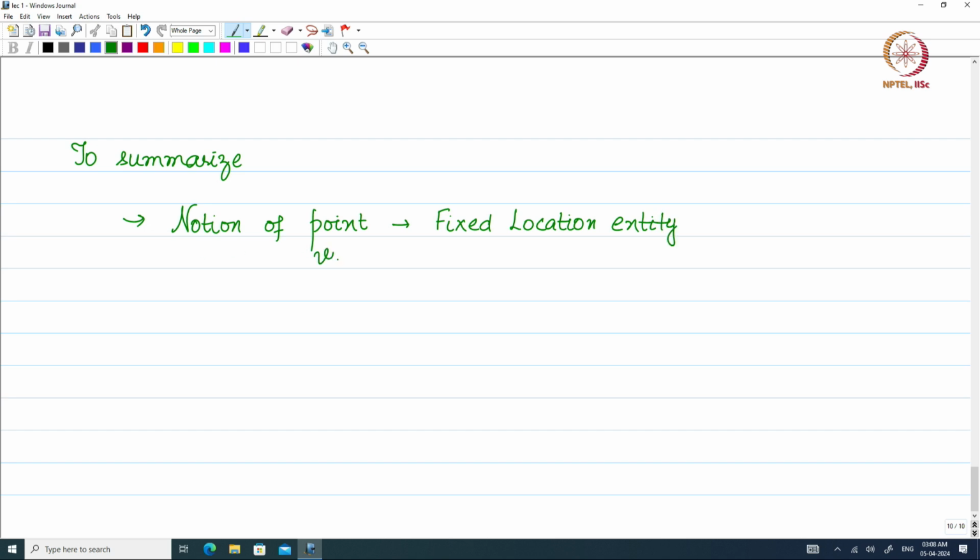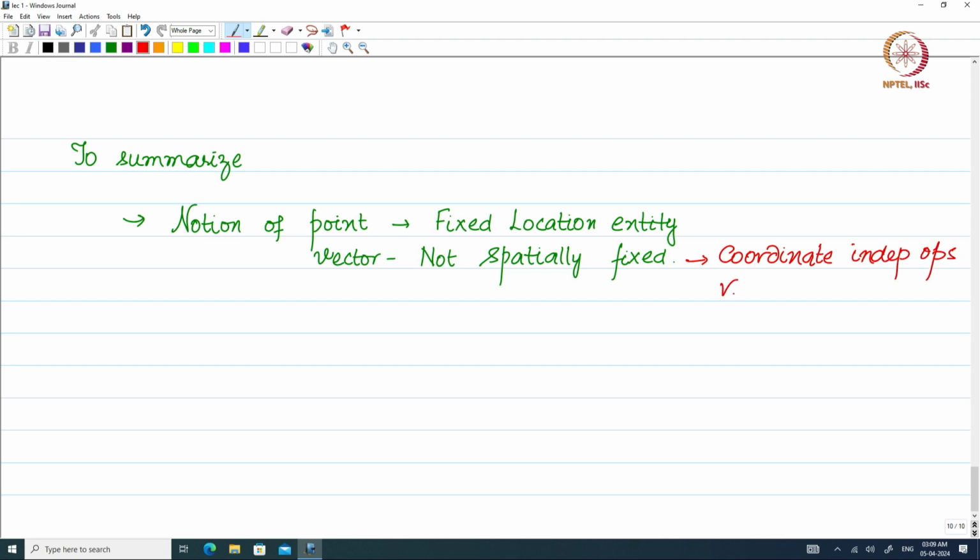Then the notion of a vector, this is not spatially fixed. Whatever operations that we try to do on a vector, these are basically what we call coordinate independent operations,